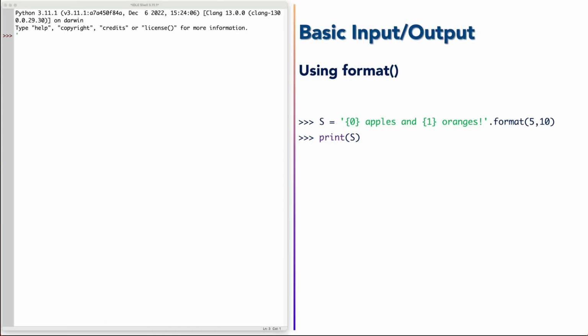Format is a member function or a method of string, and currently it is used more frequently than the previous method in formatting the output by using the print function. Let's try and see how it works. So it is a member function of string class. For example,